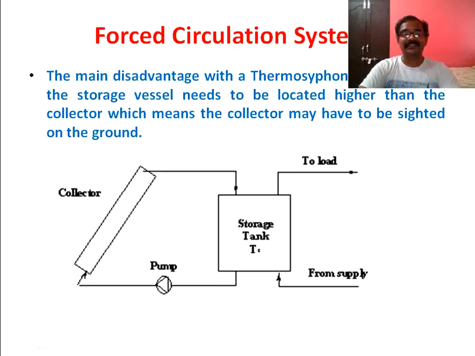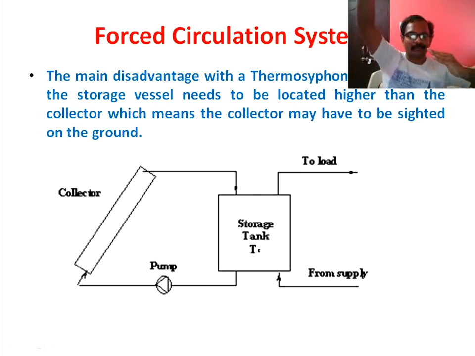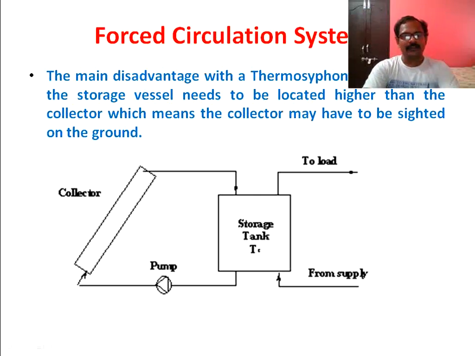The second thing is the forced circulation system. The drawback of the thermosiphon system, or natural circulation system, is that the storage vessel needs to be located higher than the collector. That is, the storage vessel has to be at the top and the collector at the bottom. That is a drawback. So if I have a roof space completely available, and I want to keep both the collector and the storage tank at the same level,